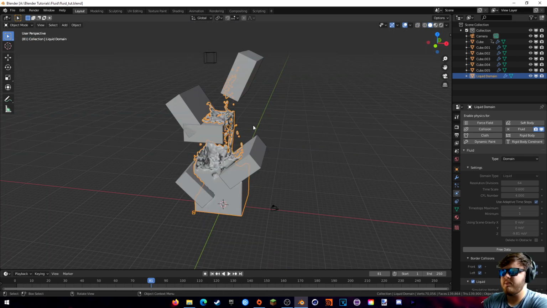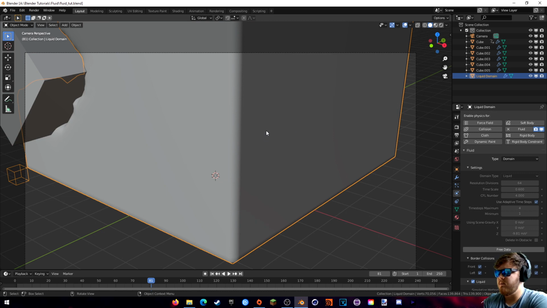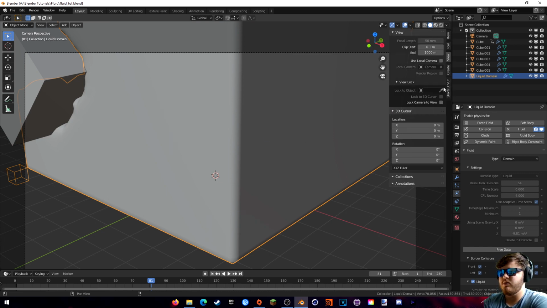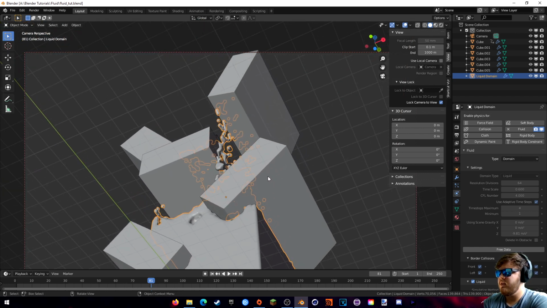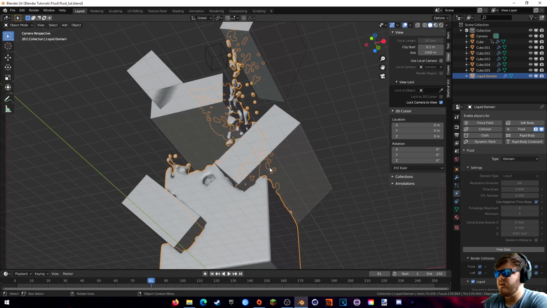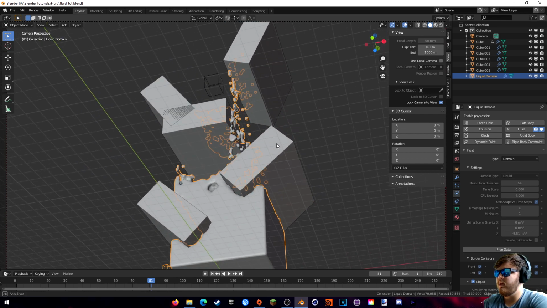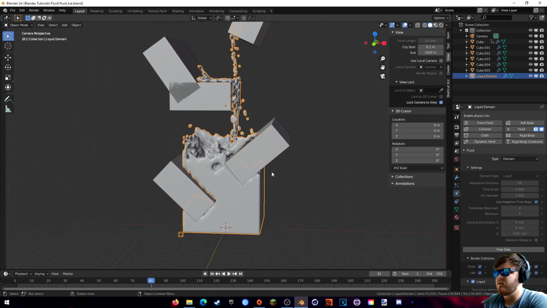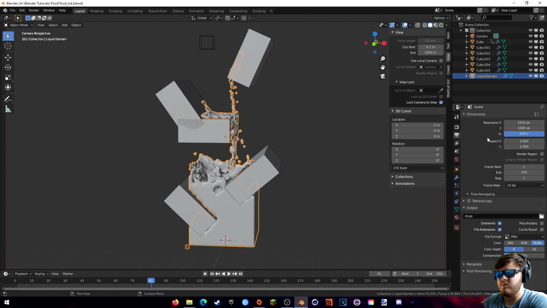Okay, with this all set up now, I'm going to go ahead and set up our scene. Again, just going to go into the camera view, and then hitting N, I can come over to the view and lock camera to view, and then just get a pretty cool angle going right here. I'm going to press the home key to actually make it full screen so we can see, and then just trying to get a cool angle. I might actually just come to the side so we can see all the physics itself. And so something like this, I'm actually going to change it to be a square image